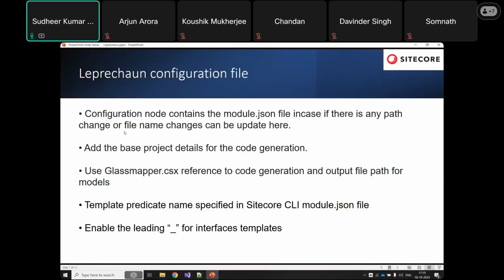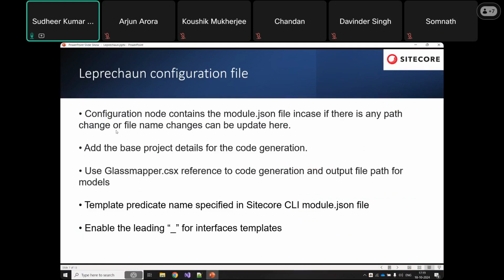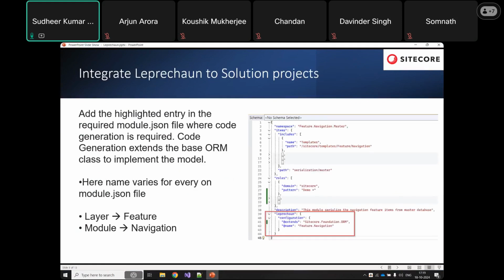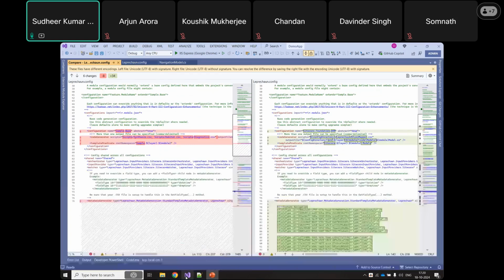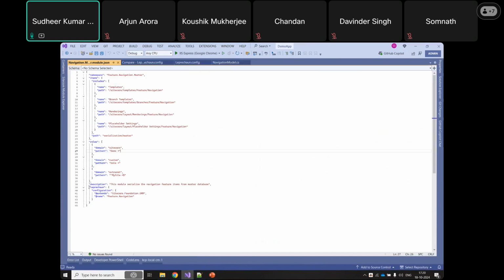This is the same thing which I mentioned here. As I said, now we have done this configuration. Now, how can we integrate our solution into that? We have to mention somewhere that this is my model, this is the thing that you have to include. For that, we use the module.json file of the Sitecore CLI. In this we will have this piece of code for the Leprechaun configuration. So we should mention the Leprechaun configuration, and this we will be extending